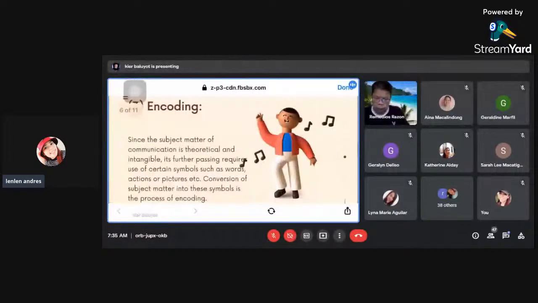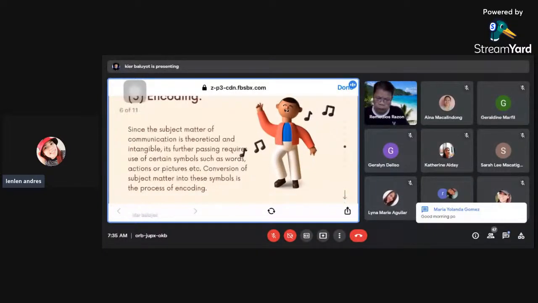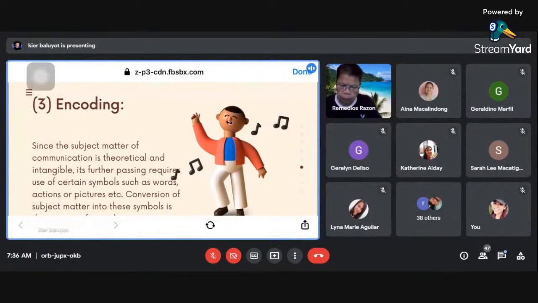When theoretical symbols, such as words, actions, or pictures, are used, conversion of subject matter into these symbols is the process of encoding. So when we say encoding, it is translating information into a message in the form of symbols that represent ideas or concepts.